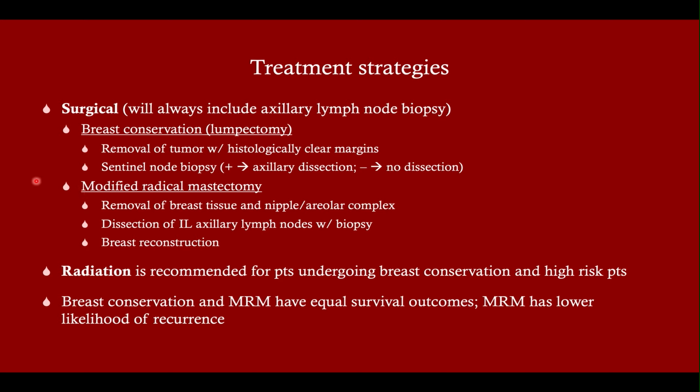Sentinel node biopsy, the idea there is that you're injecting a dye into the lymphatics, and that dye will go to 1, 2, 3, 4 lymph nodes first. You've got tons of lymph nodes down there. And so you don't want to have to take them all out if you don't have to. So the idea is that wherever that dye goes, that would be the first node that the cancer would go to if it spread to the nodes. So you'll biopsy just those nodes. And if those nodes are negative, then you don't need to do anything more.